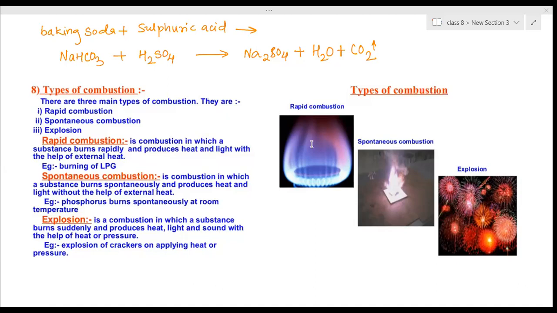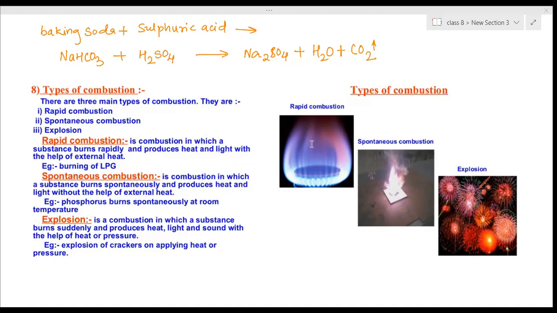So some of the chemicals are also there. When they explode, that means when they start burning, a huge explosion will take place. In recent times, you might have seen an example of an explosion on the news. Have you seen it outside India? A huge explosion took place one month back. I don't remember the name of that. It is a very huge explosion.